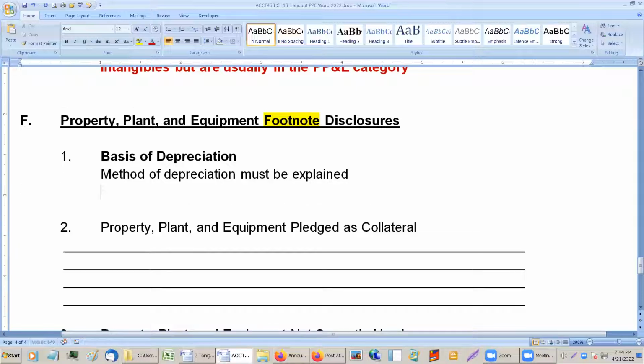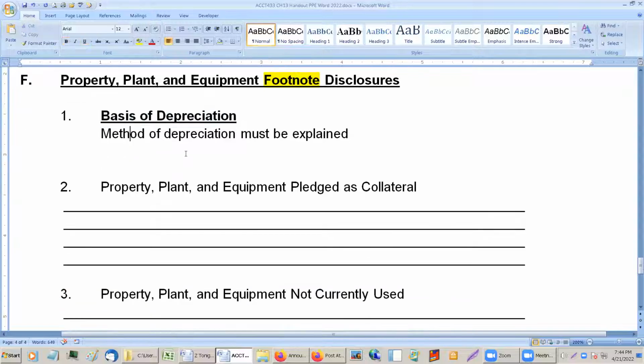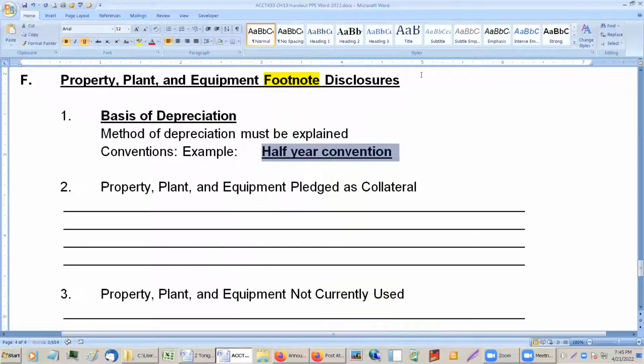One of the things a lot of times that you'll see in the depreciation disclosures is that the method must be explained. But a lot of times they'll have conventions. A very popular one is the half-year convention. And the half-year convention is that